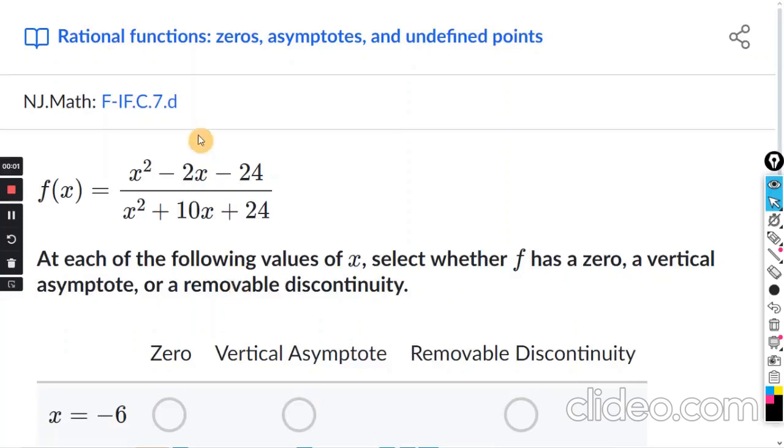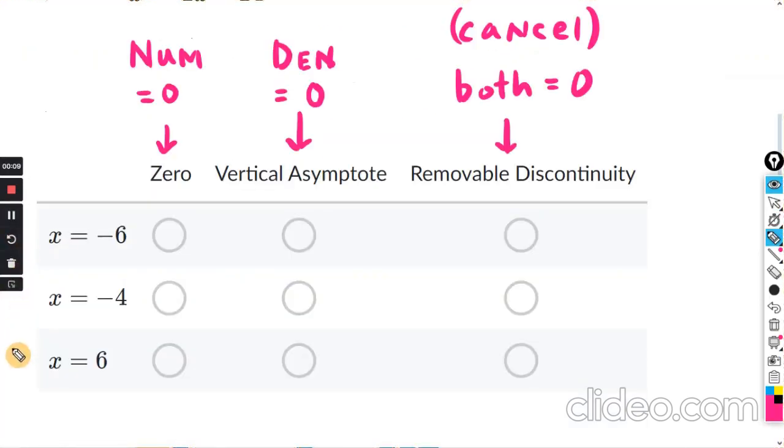This will be for the exercise on rational functions, zeros, asymptotes, and undefined points. I believe these options will be the same for all the problems. I'm not sure, but at any rate,